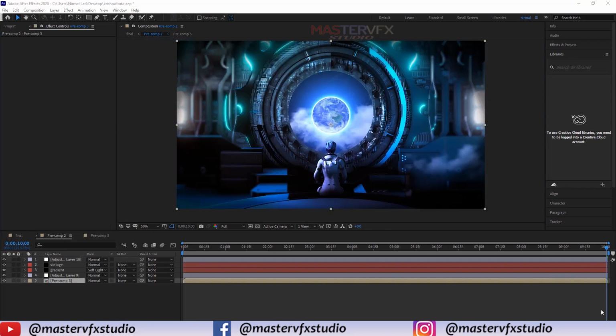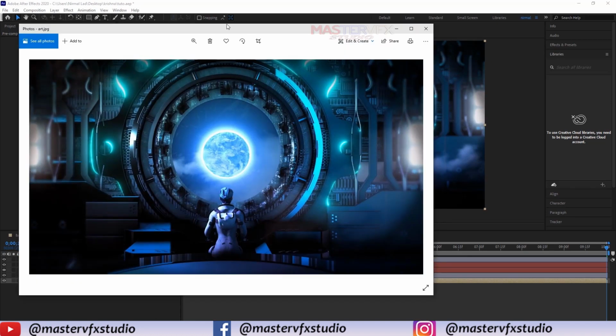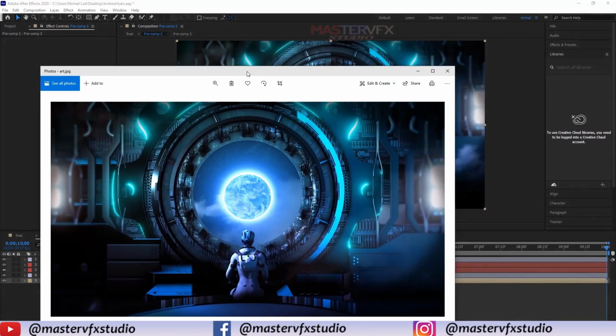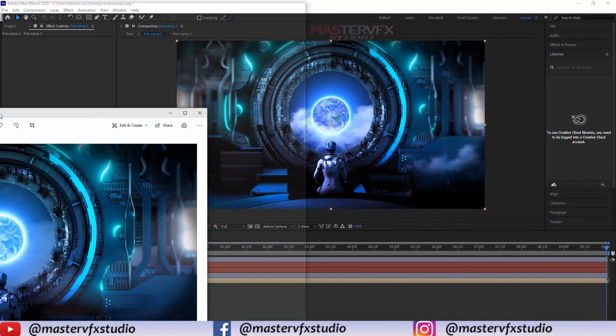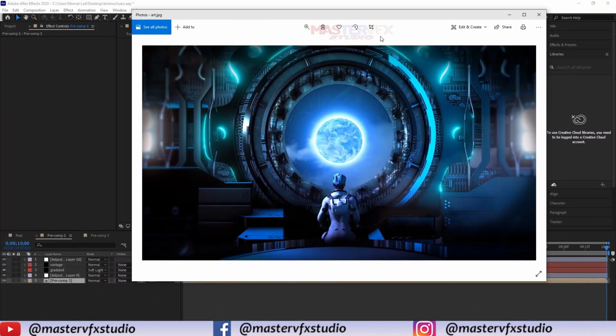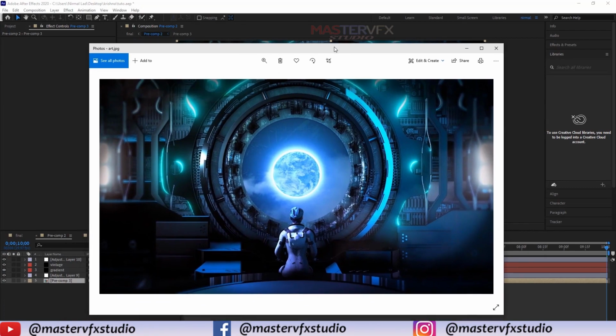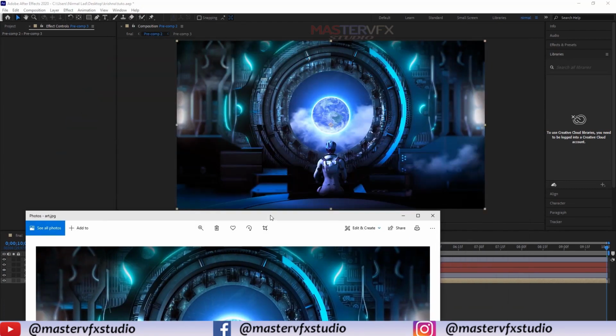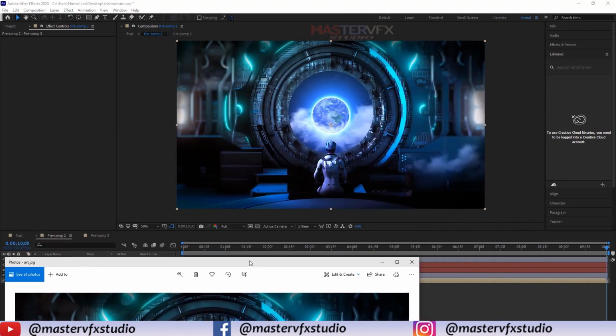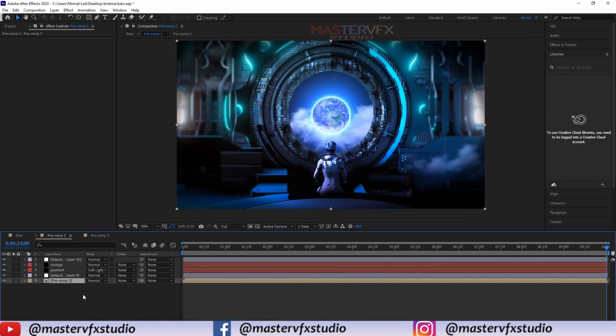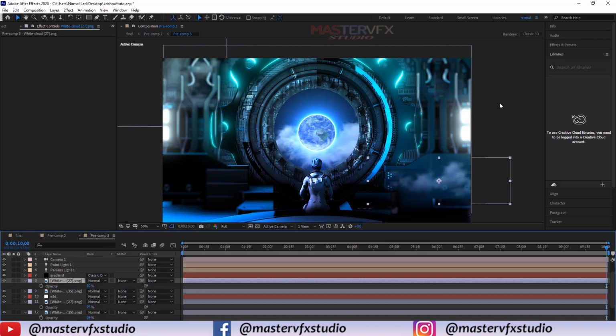Okay, now guys, we are going to compare this tutorial output and my original one, so you can see both look quite similar, right? Here the opacity of this cloud is higher, so I think we are going to decrease the opacity of the cloud.